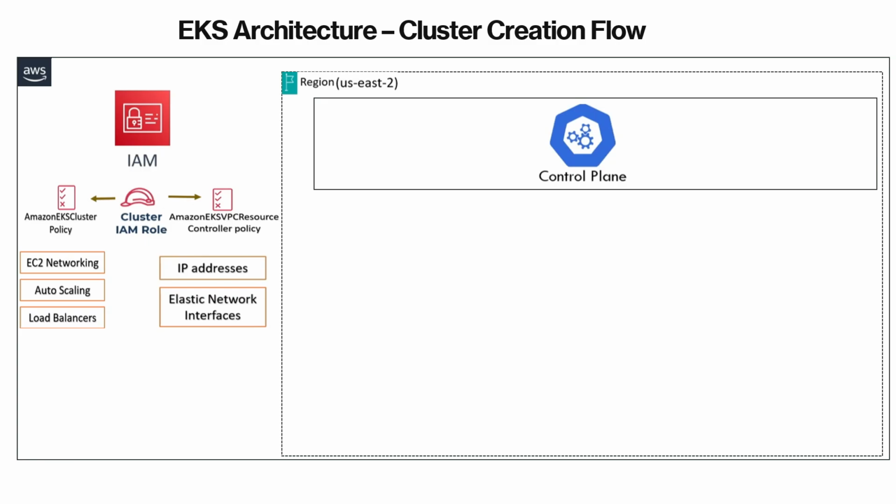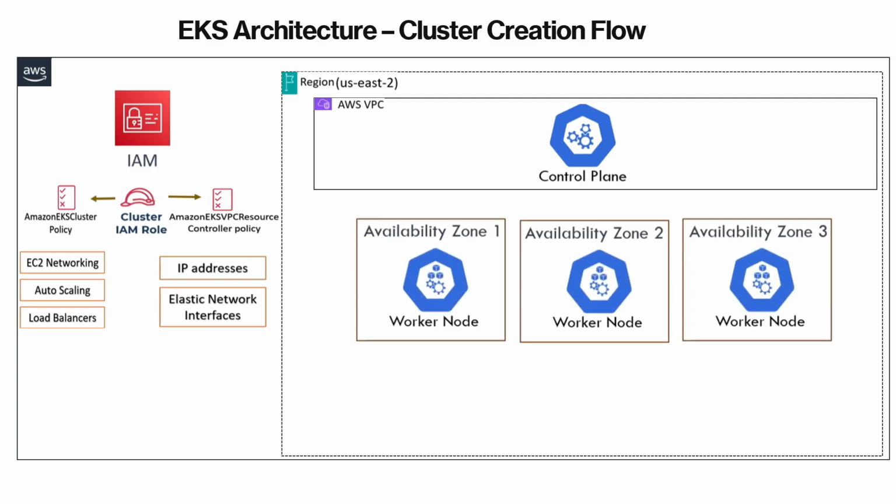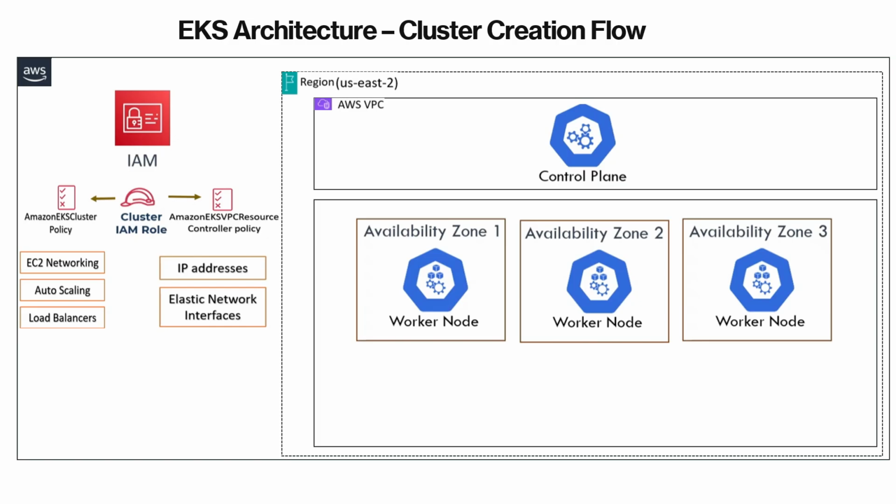The control plane in EKS runs inside an AWS managed VPC, not the one we create. However, it still needs to communicate with a worker node or Fargate profile, which we will make inside our VPC. To make this communication possible, we select a VPC and choose at least two subnets in different availability zones. These subnets are used to launch worker nodes or pods, assigning IP addresses and host ENIs that connect back to the control plane securely. In our case, we will be using the default VPC and selecting public subnets to keep the